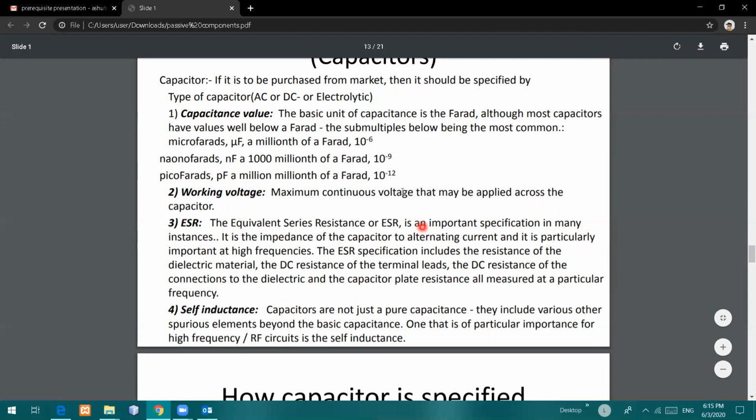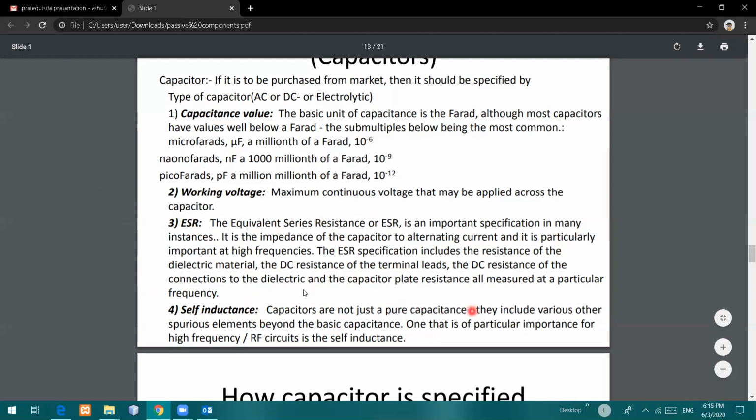Equivalent series resistance means when a capacitor is manufactured, some opposition, or some resistance, is automatically created. This resistance is called equivalent series resistance, ESR. This ESR is also a useful factor for the design of the capacitor in the electronic circuit, and it is useful for deciding the capacitive reactance, and thereby it is used for tuning the electronic circuits.